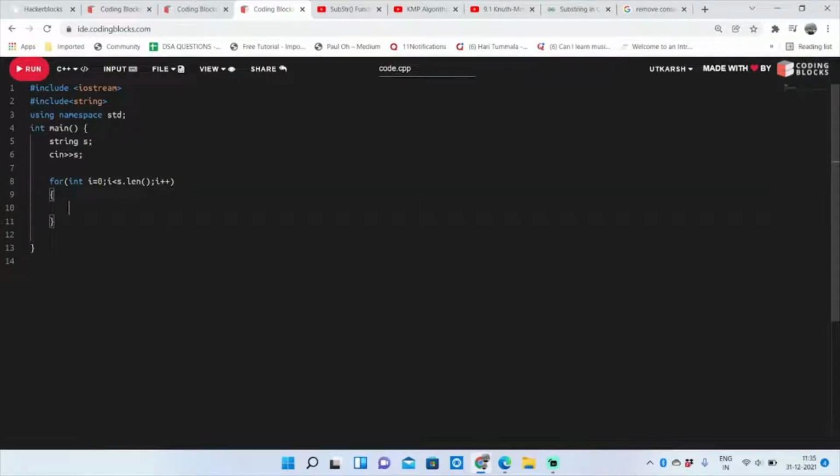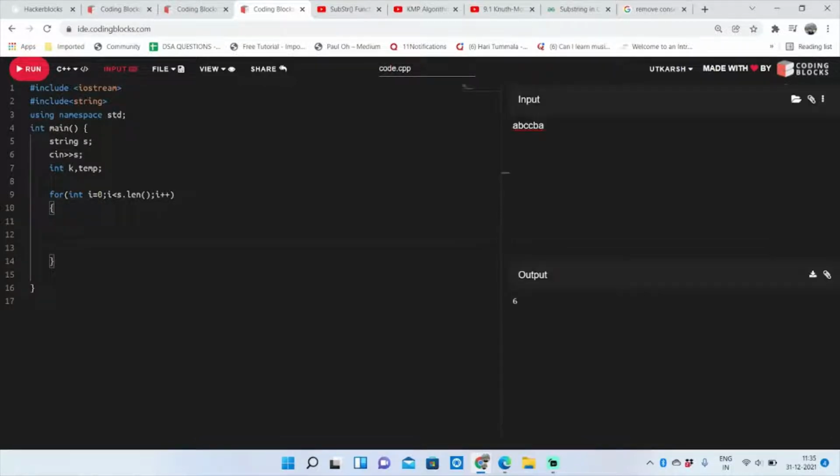Okay. Now what I will do is I will create a variable. You will see later on why I created these variables. So I'm iterating through the whole array, and what I'm doing basically is I will check. So this was our sample input, right?